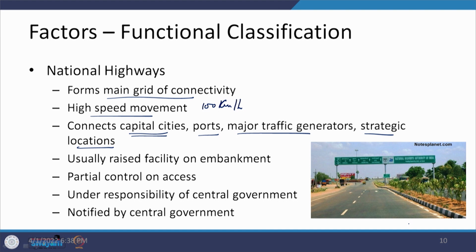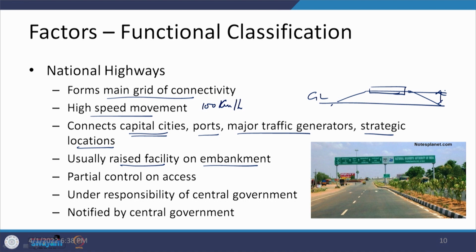Again, though they may not be elevated in nature, they are expected to be a raised facility. That means they should be constructed on an embankment. So, if you have a ground level something like this, it is expected that this particular road is going to be there on this particular embankment. So, there is a height difference which should be there between the ground level in the around area and this